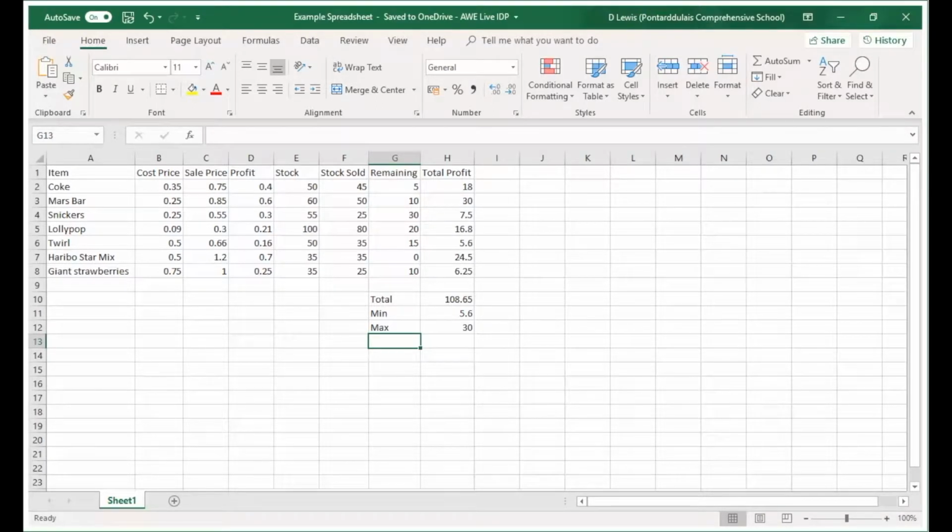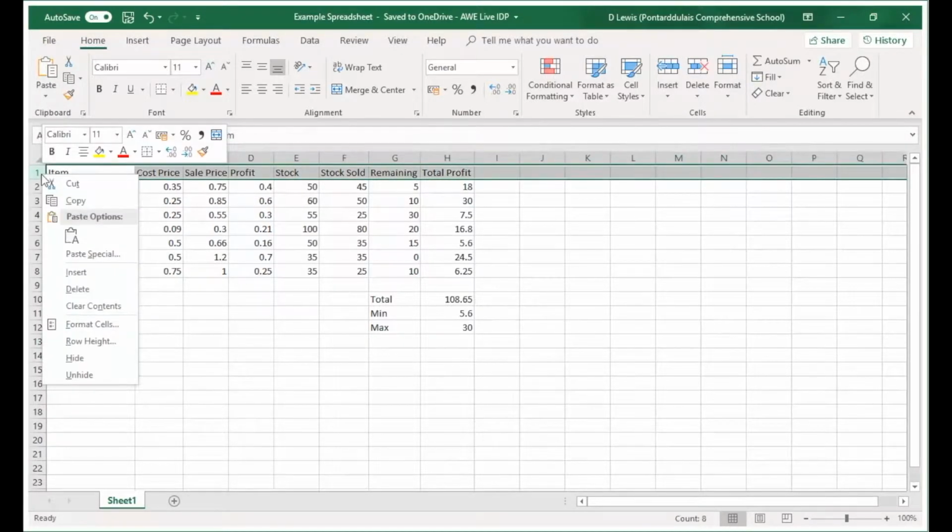So in our last tutorial we built this basic spreadsheet with some of the formulas and some basic functions. What we're going to look at now is formatting the spreadsheet to make it look a little bit more presentable. The first thing I'm going to do is add a heading in to the top,